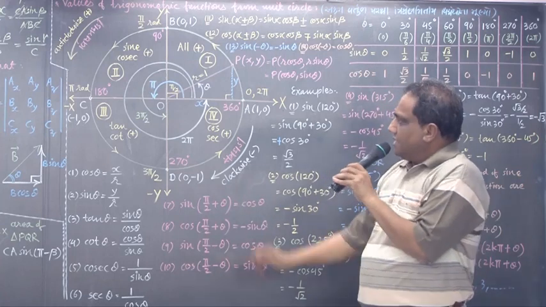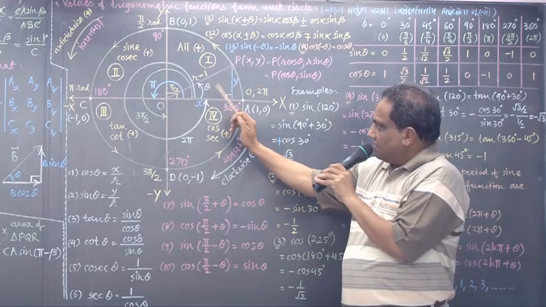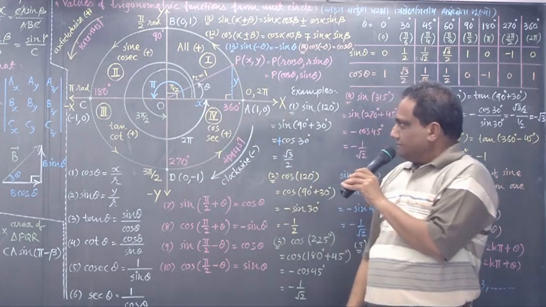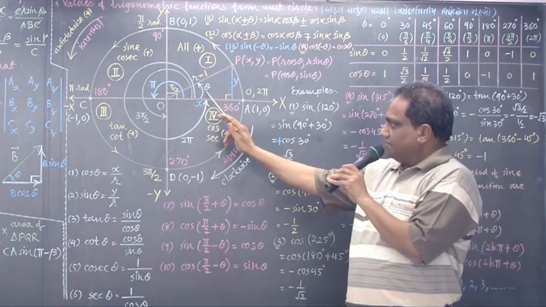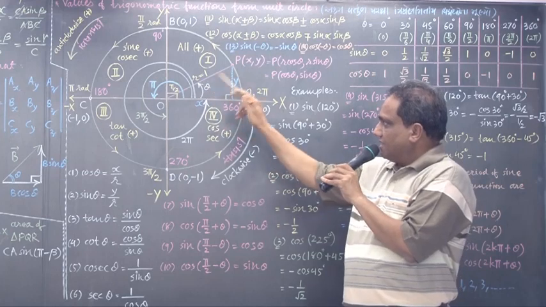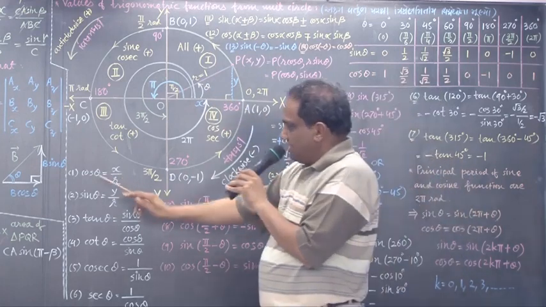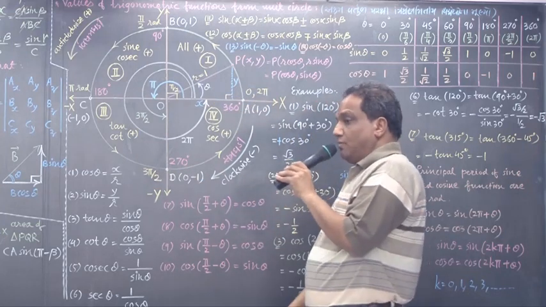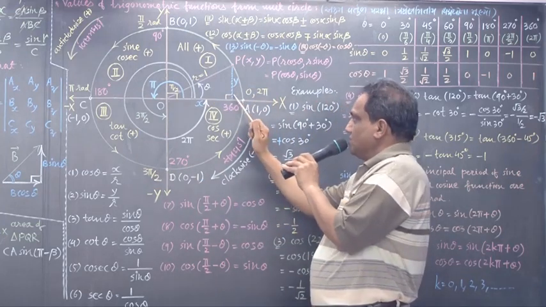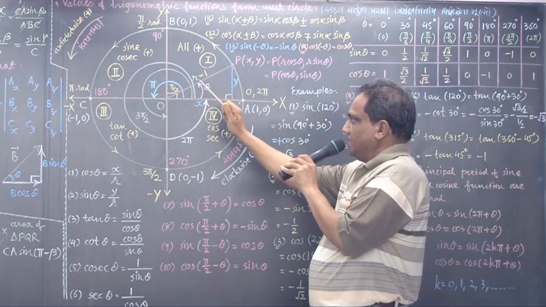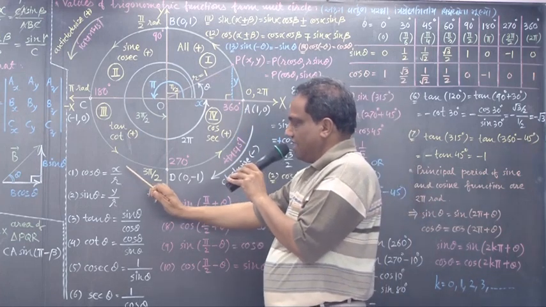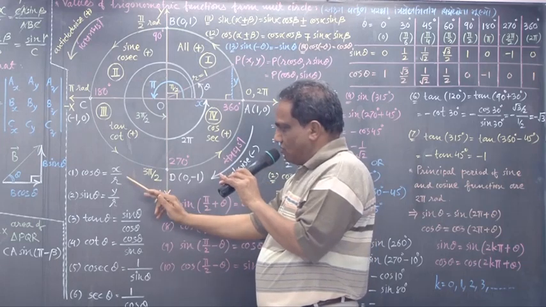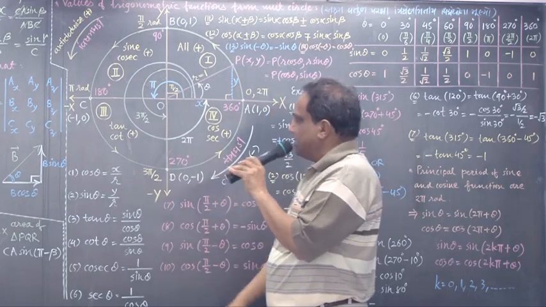Fine. Suppose this angle POX is theta. Find out cos theta in this right angle triangle. Cos theta is the adjacent side to theta, that is x, upon the hypotenuse. The hypotenuse is opposite to the right angle, that is r. Adjacent upon hypotenuse. Simple. So what is x now? Transfer this. x is r cos theta.